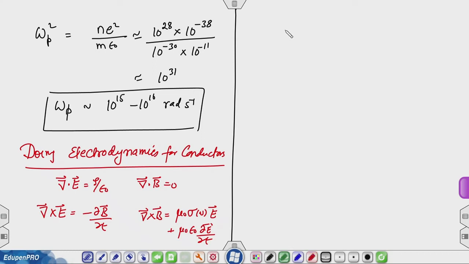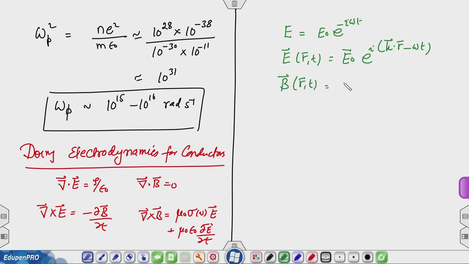I will look for solutions E like E_0 e raised to minus i omega t. For a travelling wave, I will look for E(r, t) as E_0 vector e raised to i(k dot r minus omega t), and B similarly would be B_0 e raised to i(k dot r minus omega t). I am looking for these solutions. And the great advantage of using this complex notation is that I can replace all these divergence and curl with k dot and k cross, and time dependence by minus i omega,